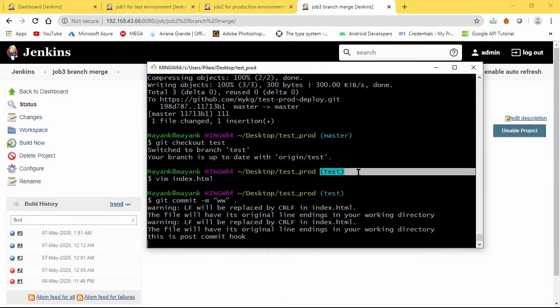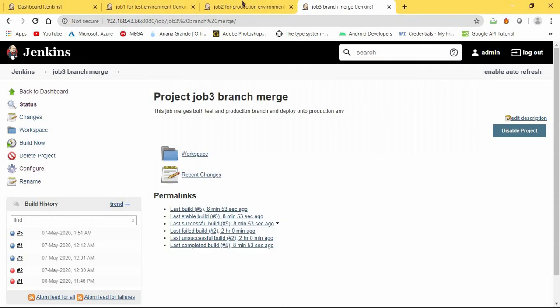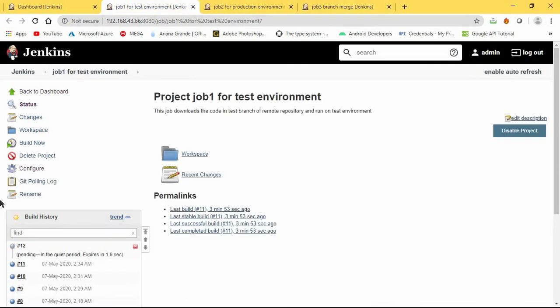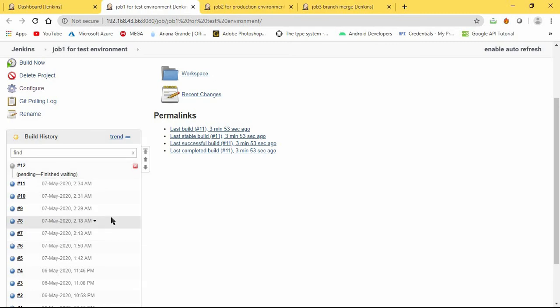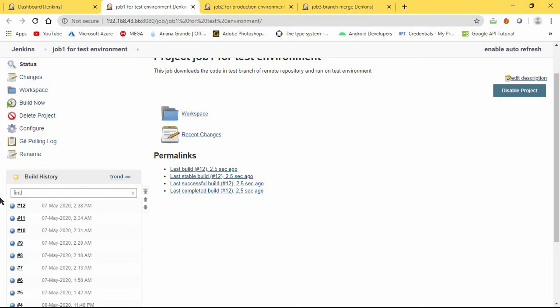Here I have made changes in the testing environment. So suppose I have a big large code and I want it to be tested first, so I will put it on the testing environment. You can see here the 12th job is running the task. So the 12th is finally finished.